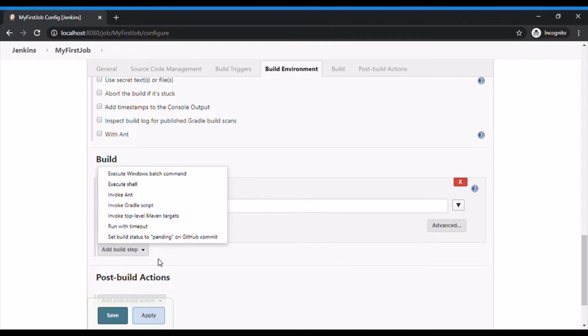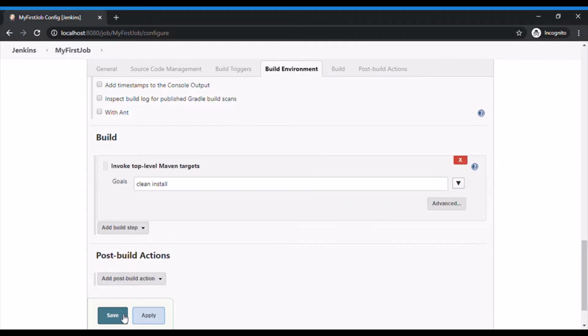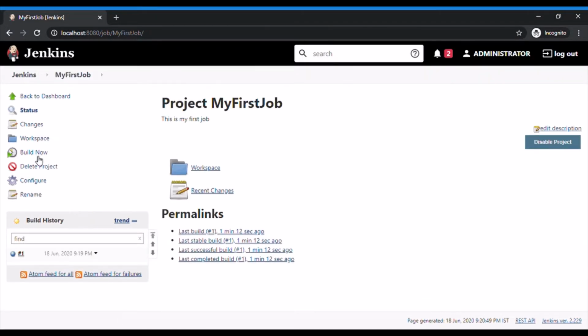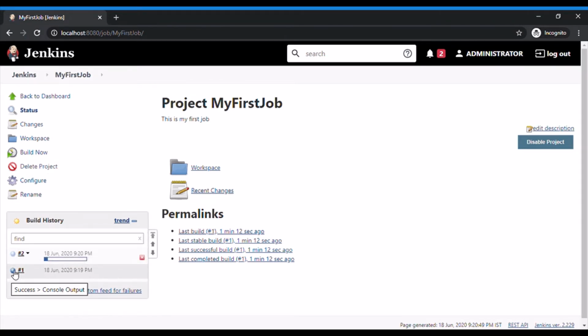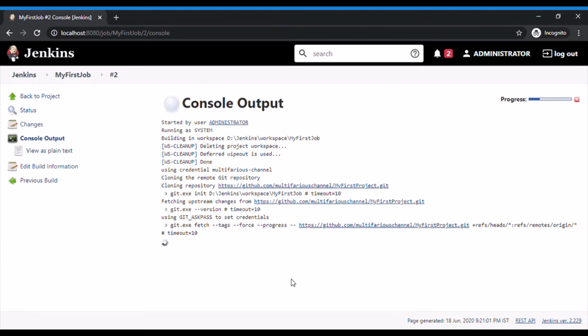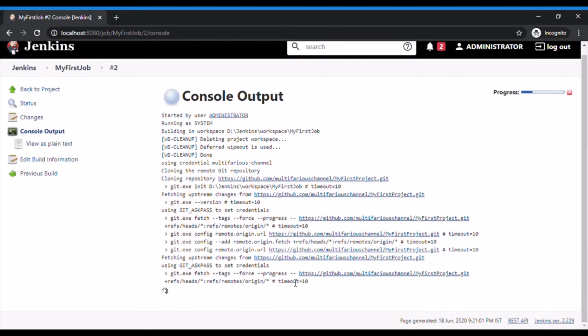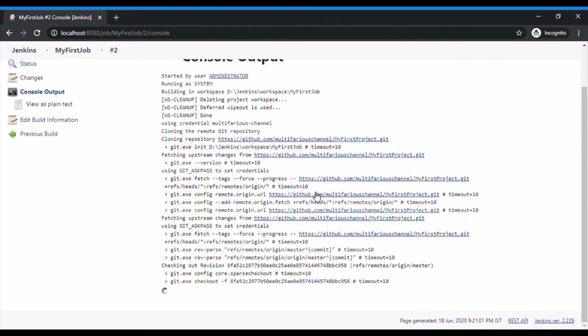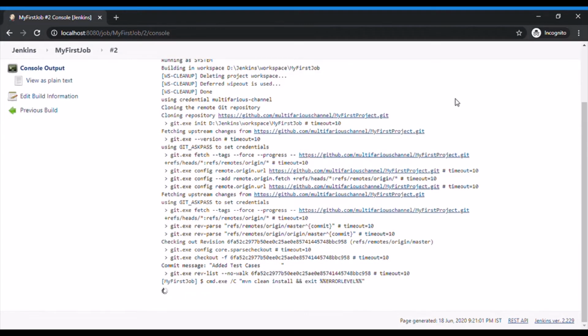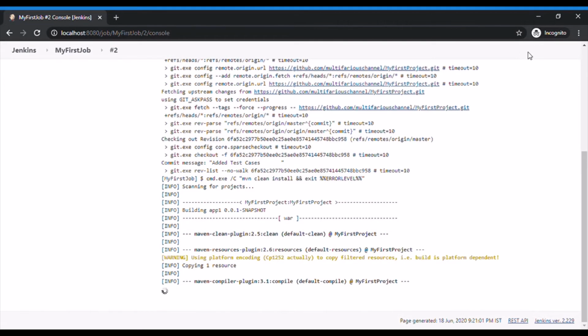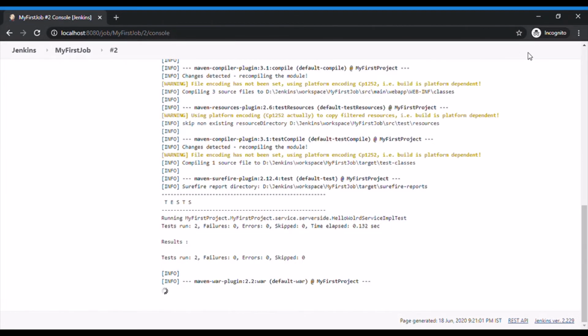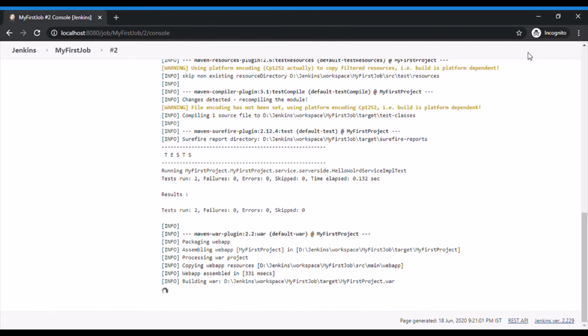Now just click on save to finish the configuration. Jenkins will redirect you to the initial page of your project. To execute the project, just click on the build now link. You can see that your build has started. This is the console output. Every build has a specific page showing everything that happened. Just click on the number link. It has various information available like the logs of the process, the user that started the process, how much time the job took, and many other useful details.